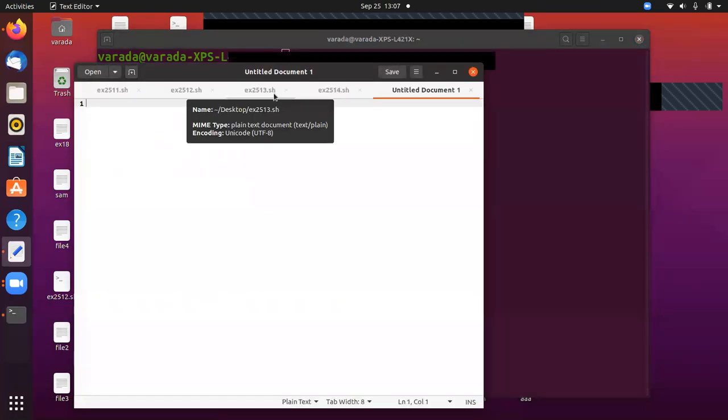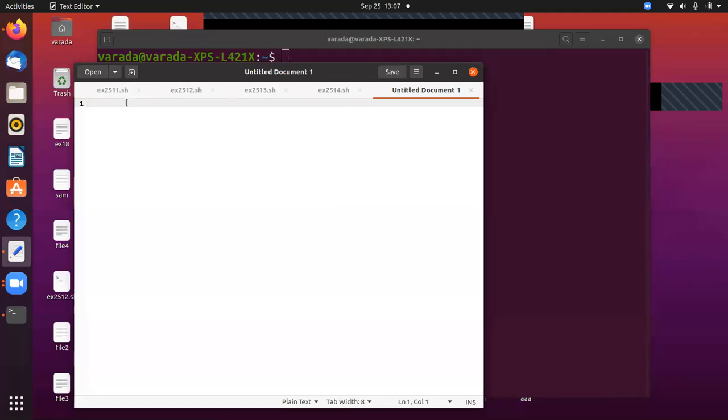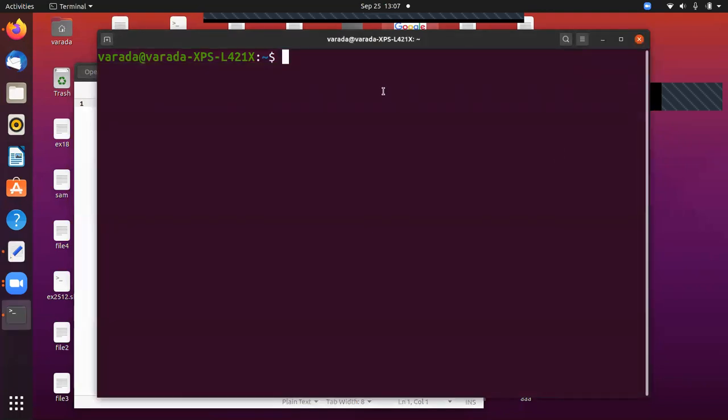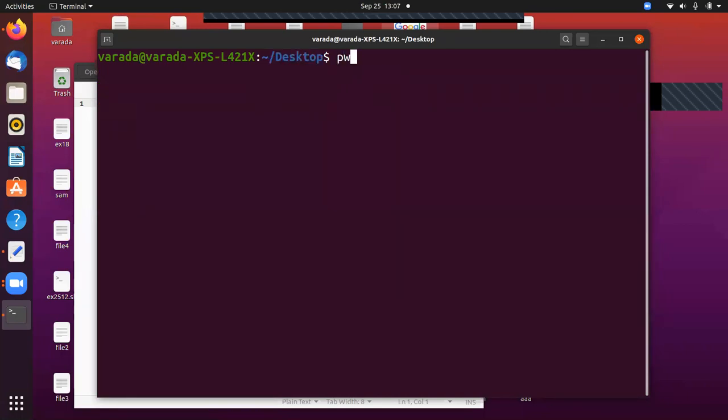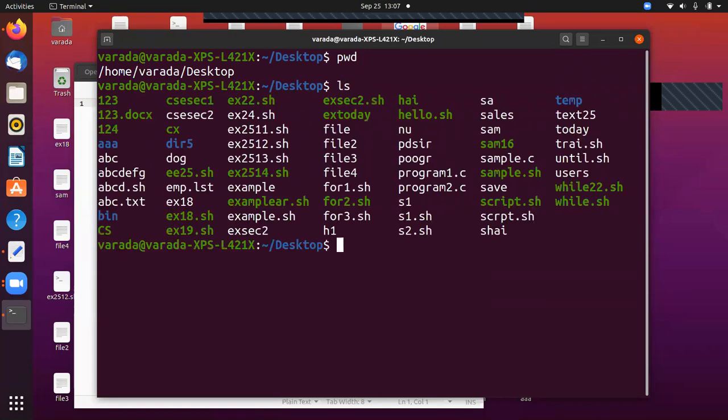In today's class, we are going to discuss a few more problems. In the last class, we discussed one problem: finding whether a file is available or not. This is our current working directory, our present working directory. In this, these are the list of files available, CSC, section 1, all these are files and directories.